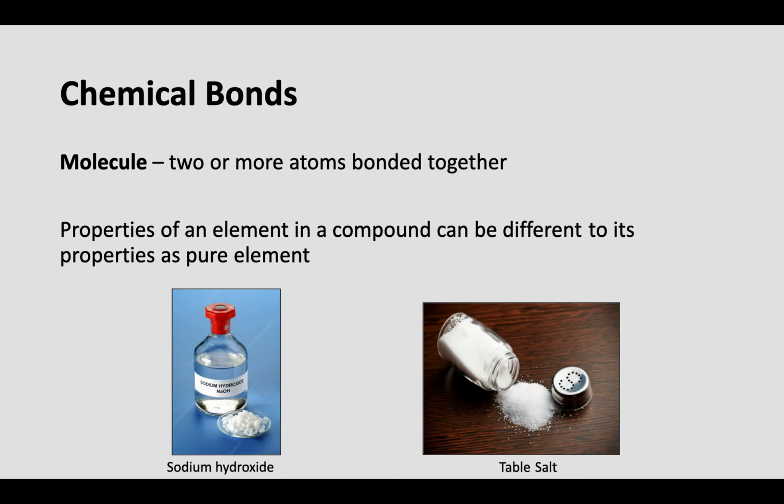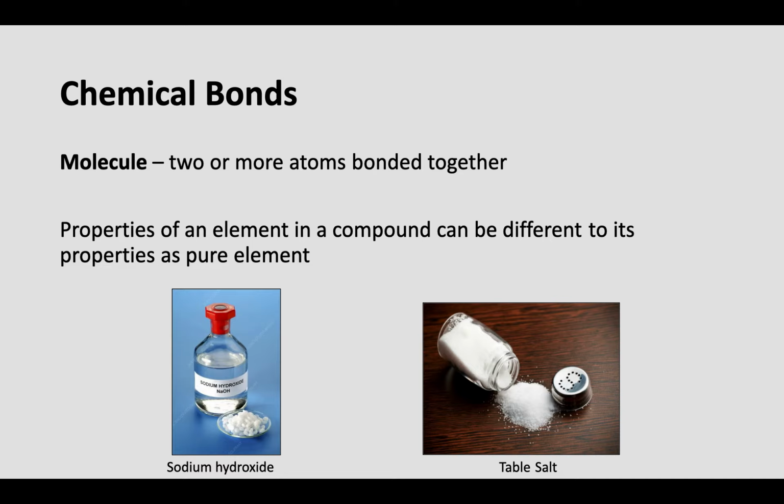All right, so we got down what an element looks like, what an atom looks like, how it's arranged. Let's talk about bonds. All right, so a chemical bond is needed to make a molecule. A molecule is going to be 2 or more atoms bonded together. They can be the same atom, they can be different atoms. The technical term when they are different atoms is a compound. It's still a molecule, but you could also refer to it as a compound.